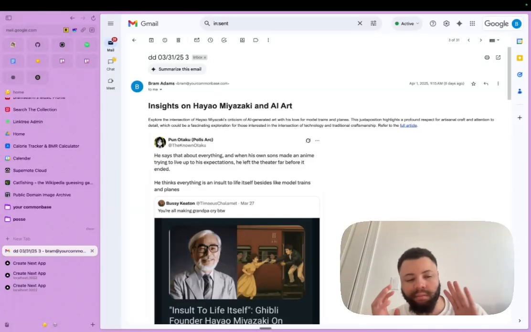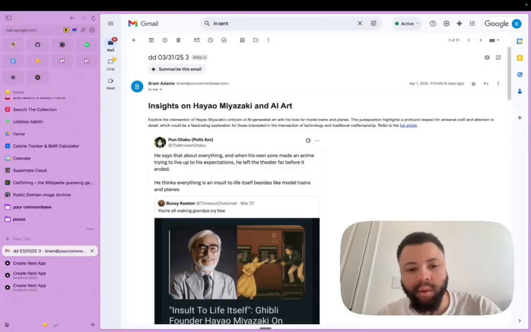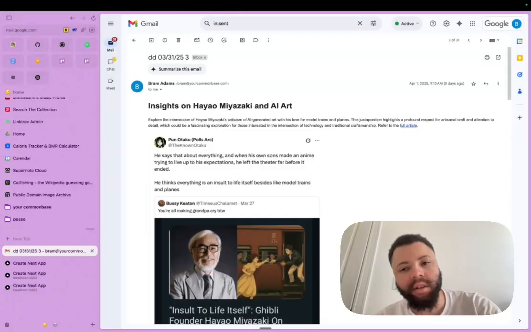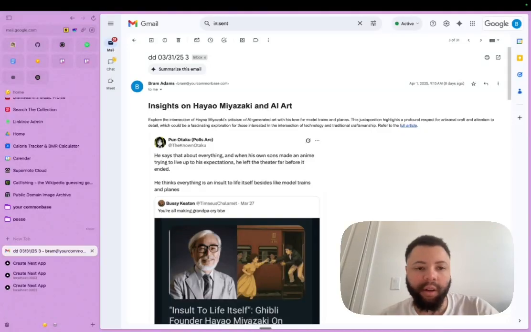But these features are pseudo ready, or at least I can talk about the reasoning as to what they're going to be when they're merged into the main pipeline. So this first one that we're looking at here is what I'm calling Daily Digest.